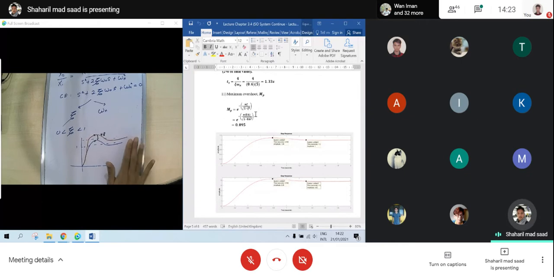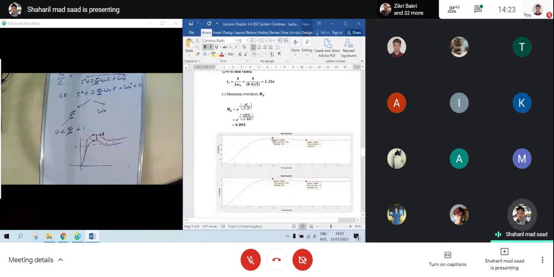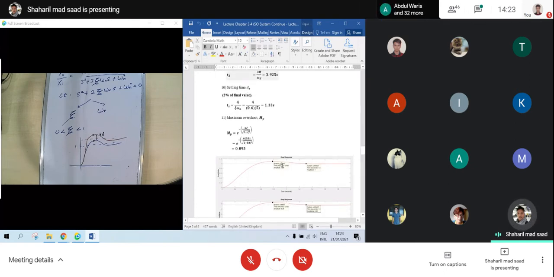One more tip that I like to give you is actually this graph, you can use MATLAB. How to do it in MATLAB, I'm not going to teach you. I think you need to find out by yourself. If you can find out how to draw this graph, that means it will be a bonus for you. So you can double check, for example, if you get the correct graph or not. Or maybe you can count with your friend again. Some of you do the MATLAB.